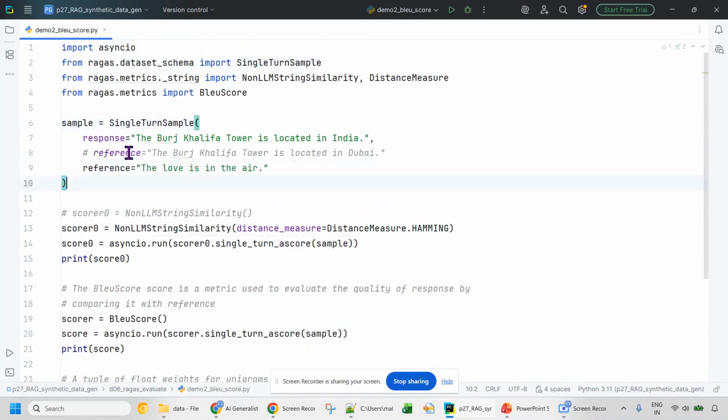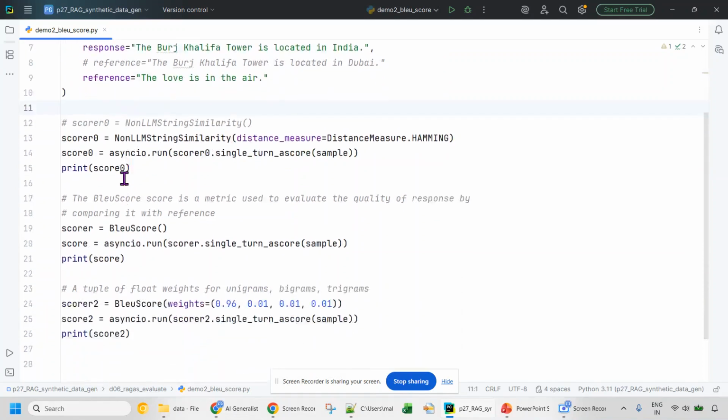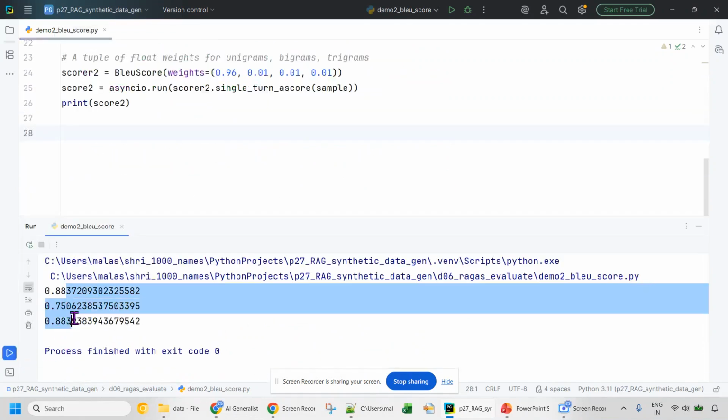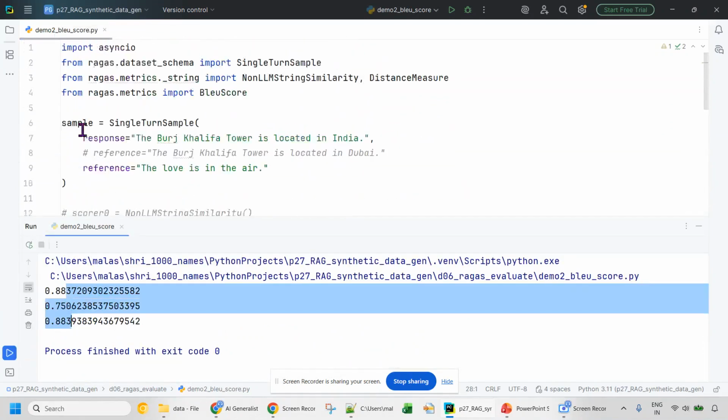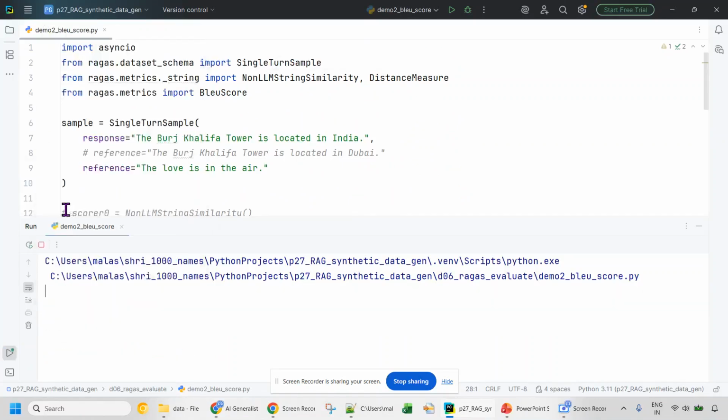Now, just one thing I will change: I will change the reference. The response is this, but the reference is not matching. Those are totally irrelevant. Now let's see the score. Remember, first these were the scores 0.88, 0.75, 0.88, and well,